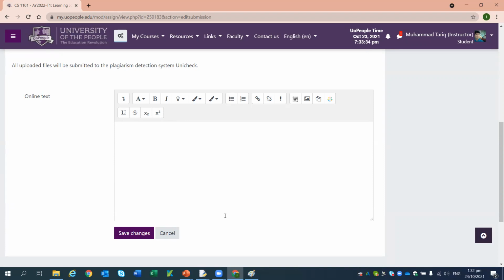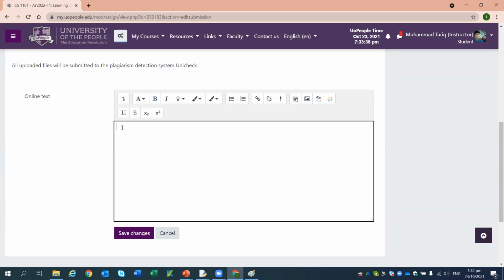Okay. So now this is the area where I can write something in plain text. For example, this is my solution. And now what I want to do is attach my input file, for example, and then attach the output file.